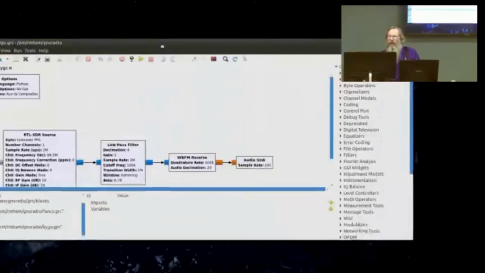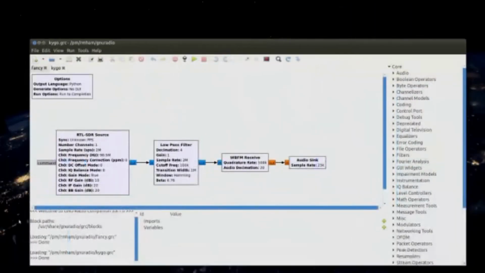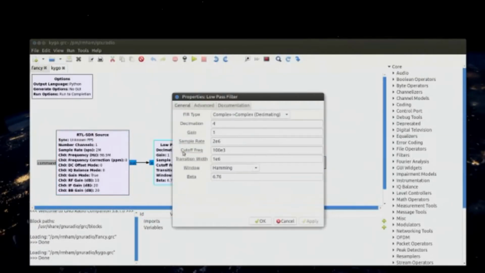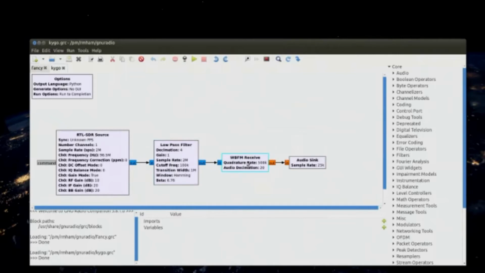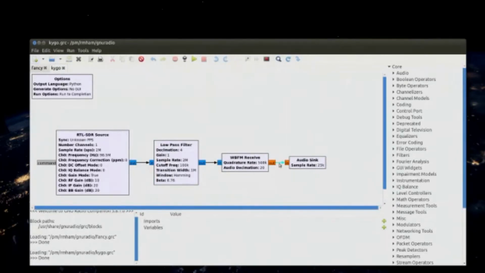Here is GNU Radio Companion, and I pulled up that exact system that I just demonstrated. If I click on any of these, you'll see that I have all of those parameters that I just showed you as the different values. So there's the low pass filter, the wideband FM receive, and the audio sink. I'll break one of those connections and then reconnect it just to show you how that's done. You just grab it and drag it over, and that connects it. And if I now hit play,